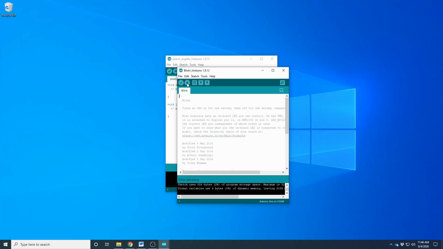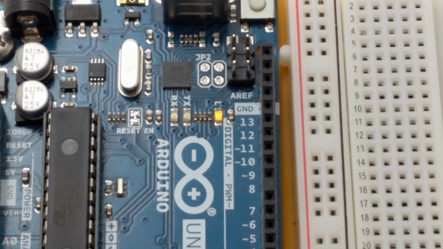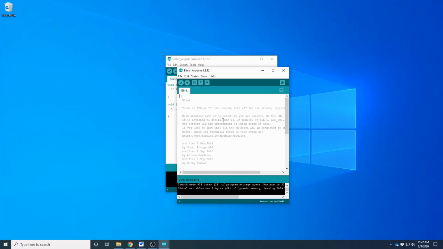This particular example is just telling pin 13 to turn on and off. The L LED on the Arduino board is directly connected to pin 13, so you should see this turning on and off again. If for some reason the port isn't labeled, which sometimes happens with other Arduino boards, you can